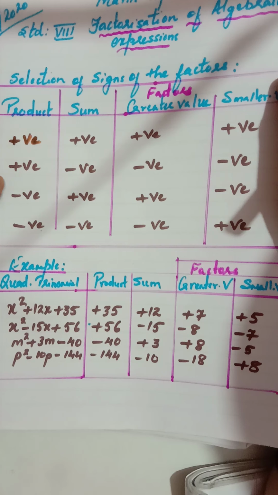And I had also told you to solve some solved examples of the textbook. So I will be taking the last solved example, that is example number 4. I will be solving it because it is a little different, where you have to remove a common number.